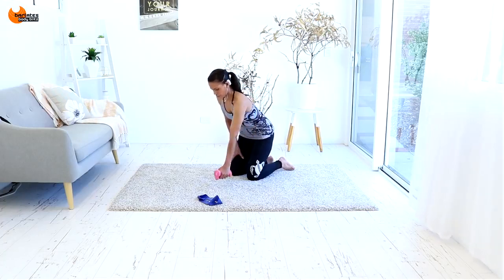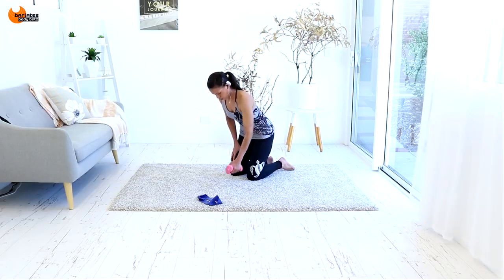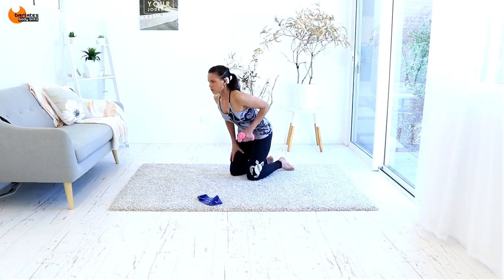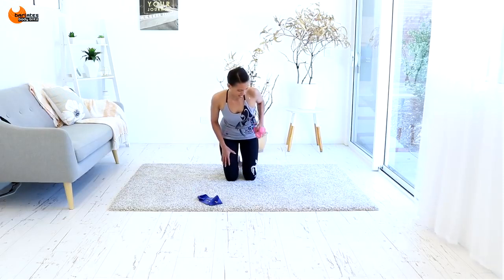Up and up, a few more full range, and then we're going to do those pulses for 4, 3, 2, 1. Hold it up and pulse, pulse. So make sure that your arm is in close to your body. I don't want you flaring out. Keep it in,